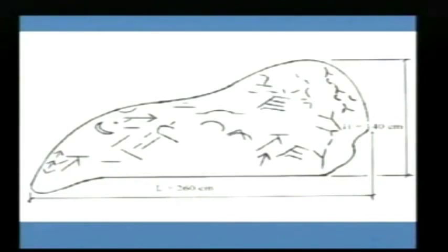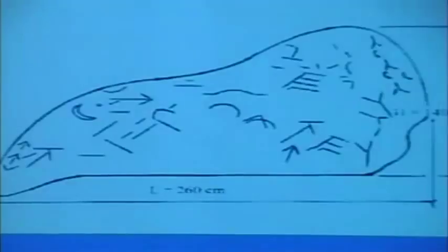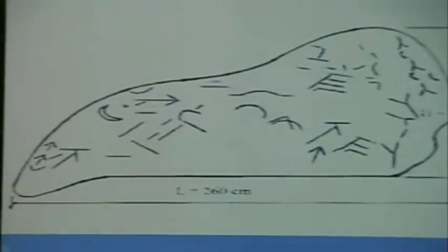Okay, these are the symbols that we found here. This is the arrow which I was showing you, and something like the letter C. But a lot of others. What do they represent? Pyramids, rivers,